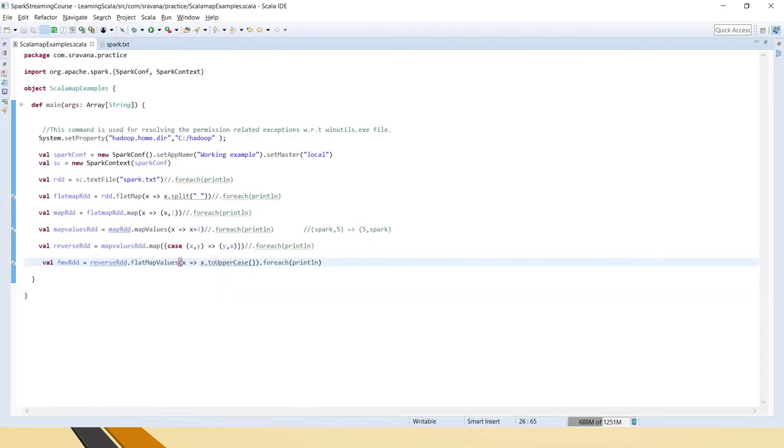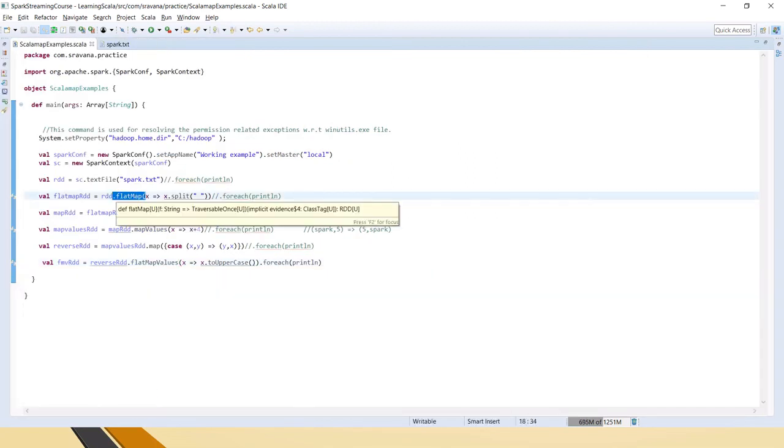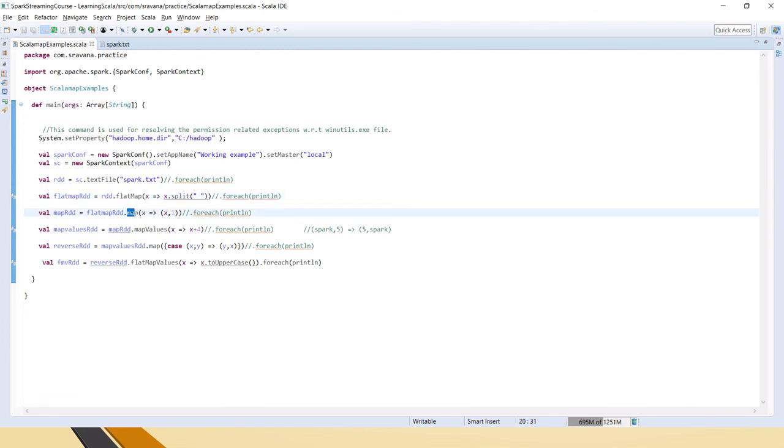So flatMap is used for flattening the structure, which means it will return a sequence. If you send a single string, it will split that based on the function that we are giving and make a sequence out of that string. And map is used for applying a function on each and every element present in the RDD. mapValues does the same, but the function is applied on the key value pair, and whatever function you give inside mapValues will be applied to the values associated with that key in a pair RDD.